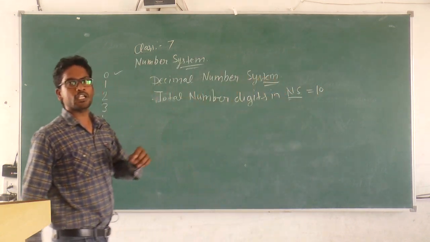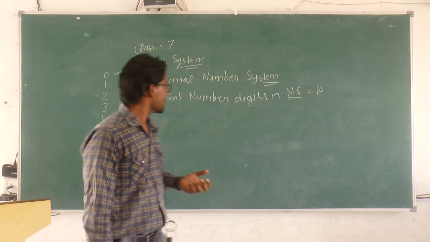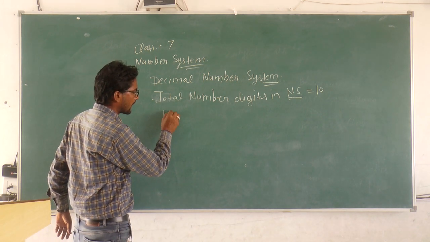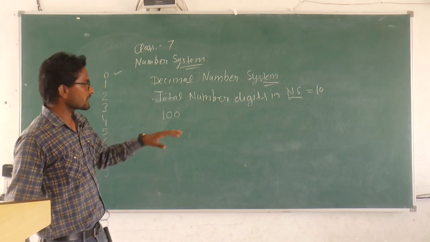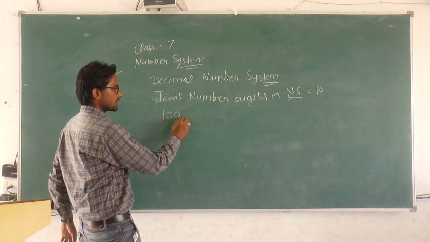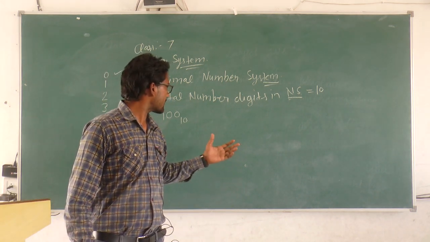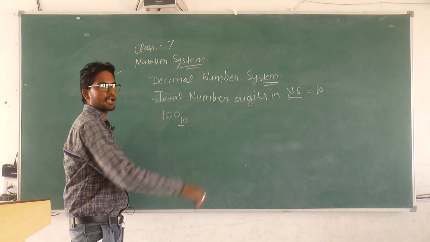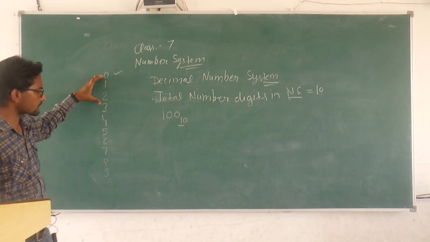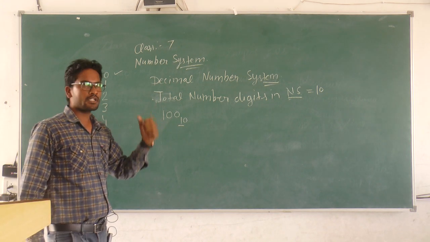That's why, while we are talking about number systems in the computer, how will we differentiate the number systems? While writing the decimal number system, suppose we want to write 100. Then in 100 we will use base 10 like this. This is your decimal number system. In mathematics we do not write this base, we simply write 100. But in computer we will write this 10. 10 means the total number of digits in a number system. That is the base of your number system.